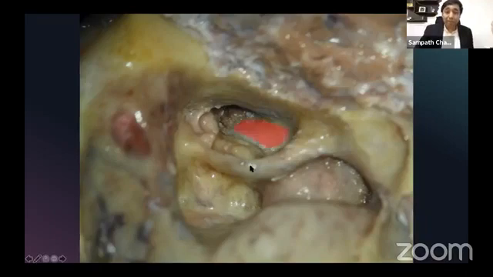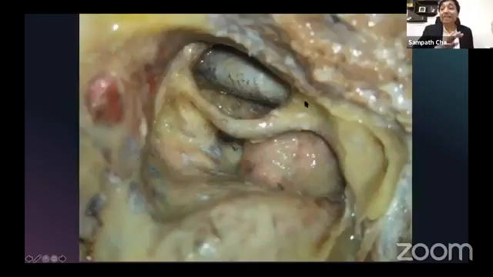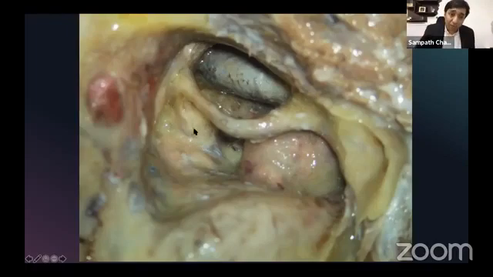That's the area of the carotid artery. Carotid artery in this case is decompressed, not just skeletonized. There is no bone over the carotid, but not really necessary to do that. What's more important for you to understand is that the facial nerve is entirely in its canal. No part of the facial nerve is visible till you get inside the CP angle.